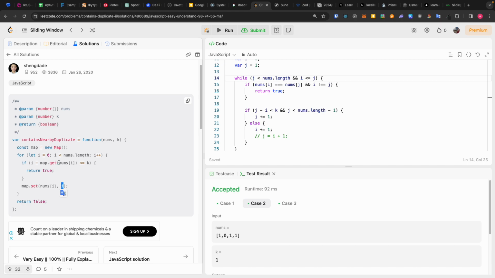So when we make a get by value, what will we get? The current index, here it is, the item on the current index, and when we get it from the map,